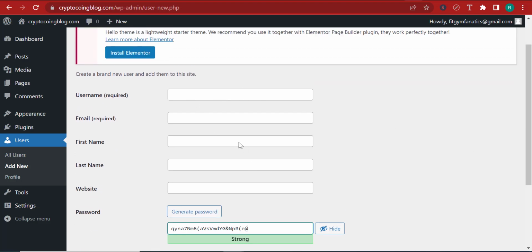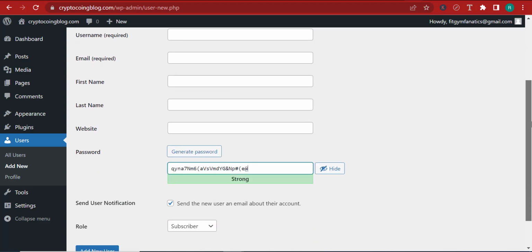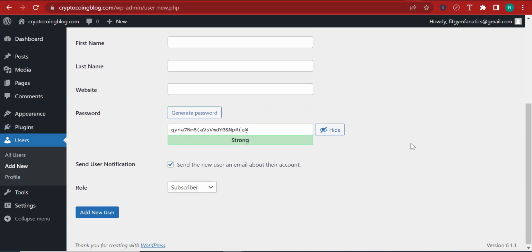If you know his email, well, of course, you have to know his email, otherwise you can't add him. And so here, write the email, the name, the last name. If they have a website, you can write it, but that's not necessary. And here you can assign a password to them. And by that password, they will actually be able to access your website depending on which role you have created